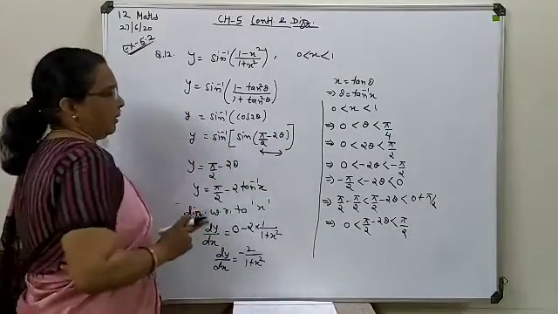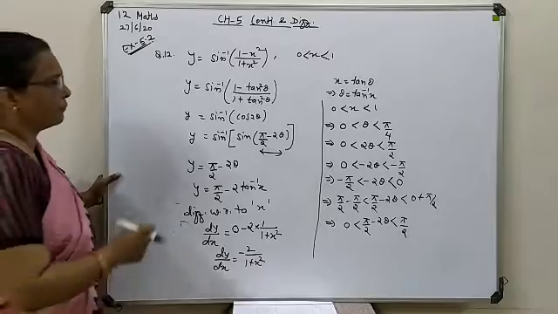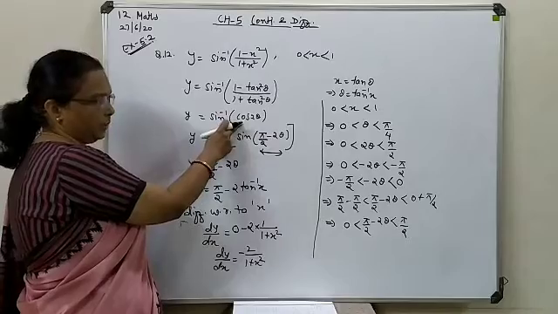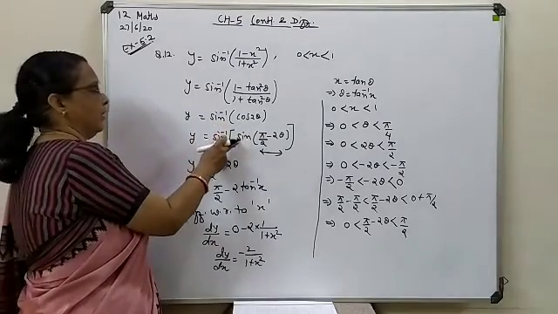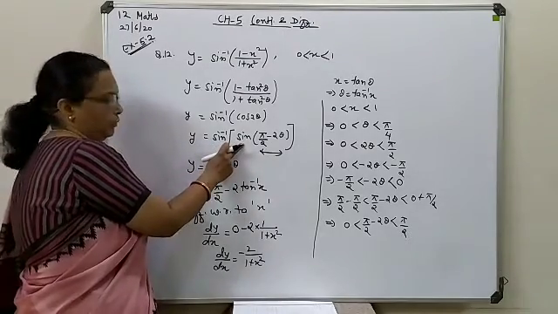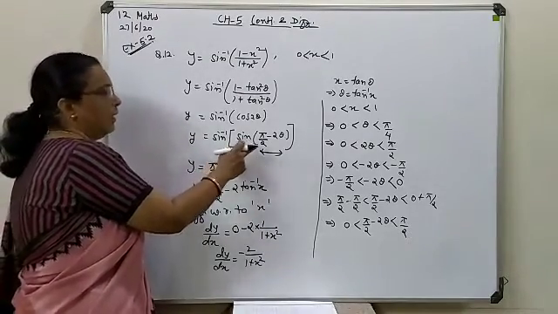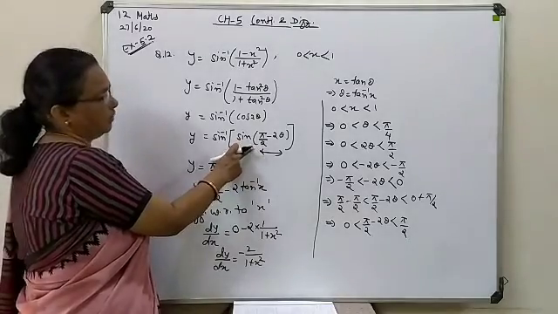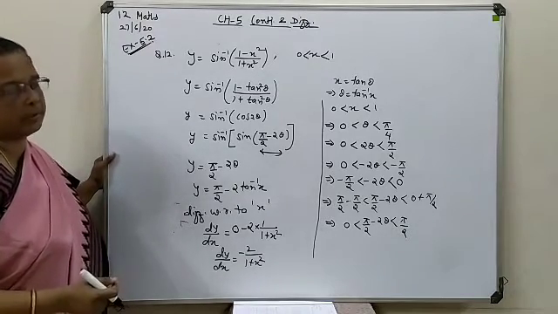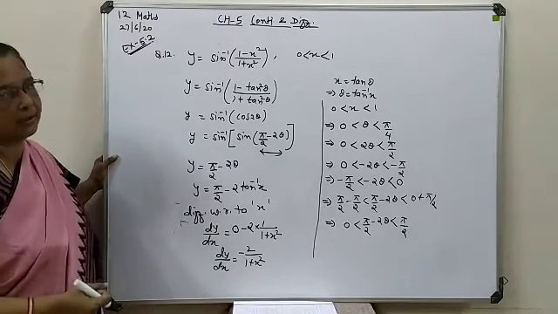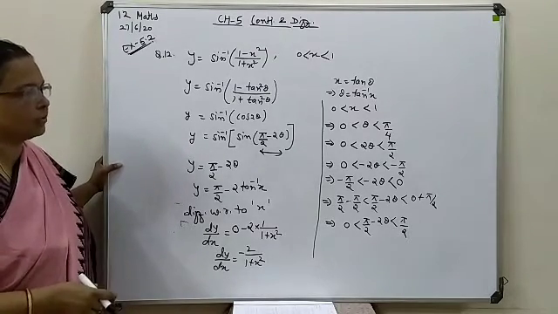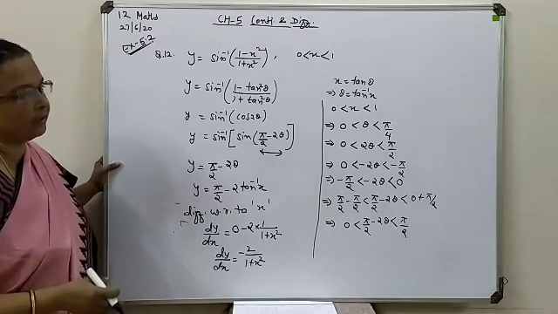So here two things are important. First, if your terms are distinct, one inside and one outside the bracketed term, first make them the same, and only then can you operate sine inverse on the inside angle form. Second thing, checking of the limit. If your checking of the limit is not proper, you may be in trouble, because in some cases it may be possible that you are not within the required range, so at that time your answer will come out wrong. So this way you have to generate the required range and check whether it is within the range or not.